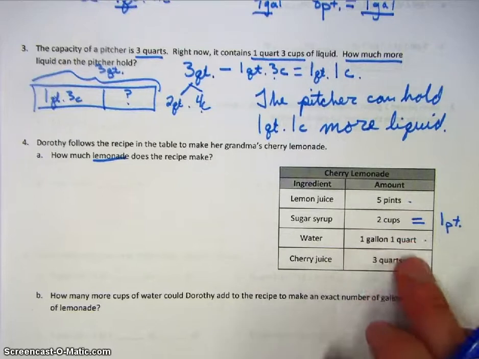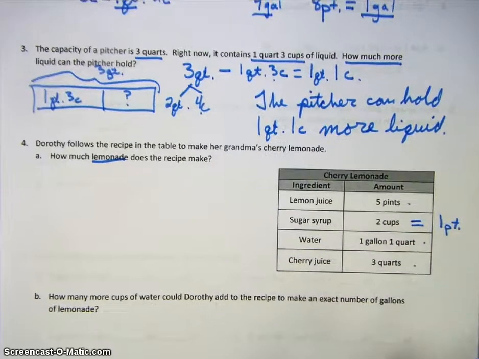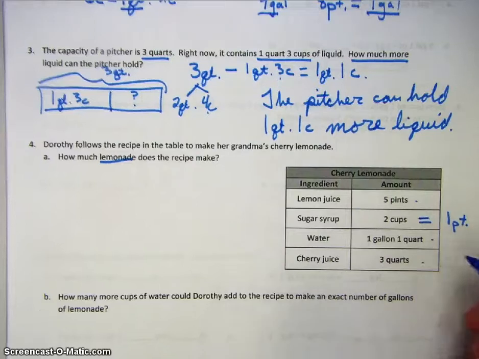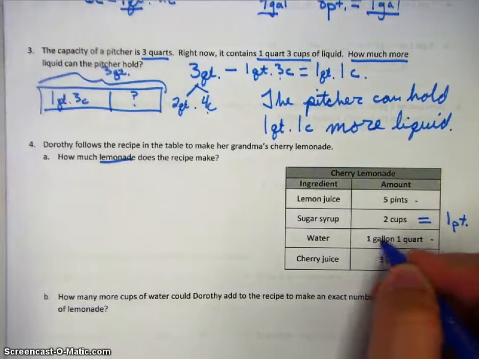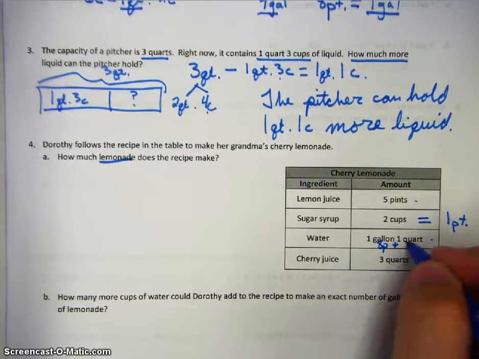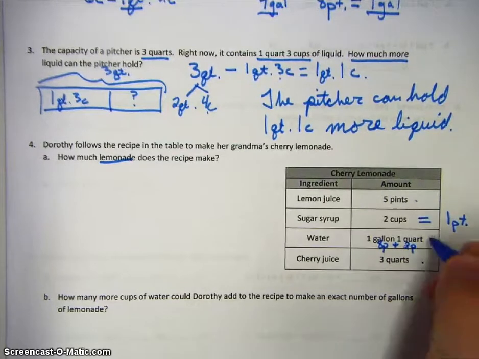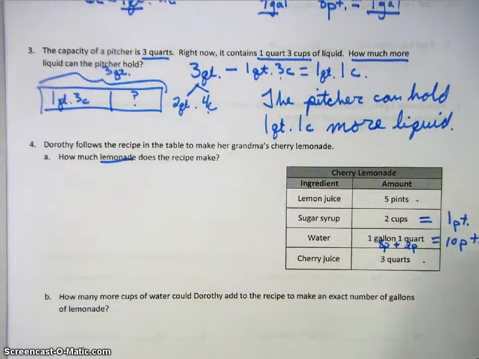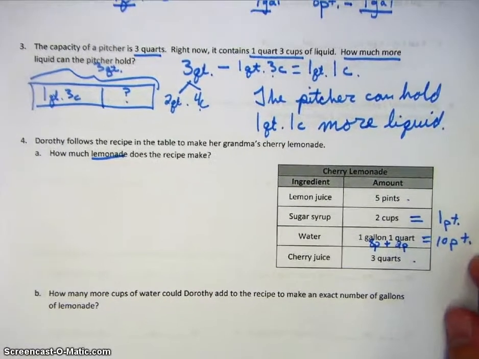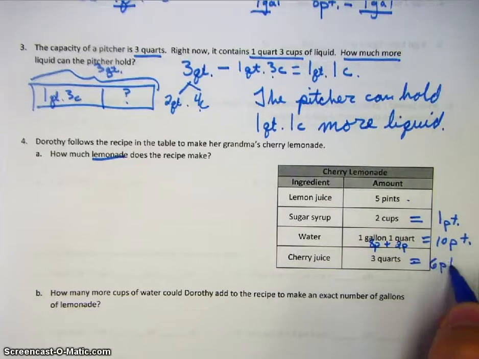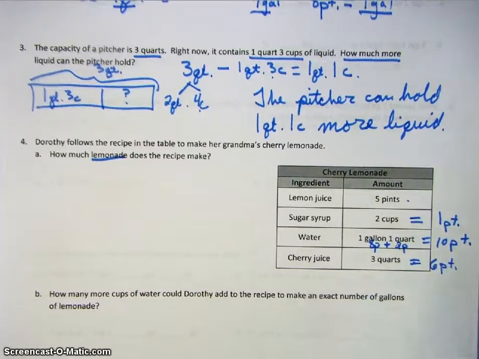So now for water, we know that we need 1 gallon and 1 quart. Okay, well we know that 1 gallon has 8 pints. 1 quart has 2 pints. So that gives us a total of 10 pints. Okay, now 3 quarts gets us 6 pints. Okay. So by converting everything into a smaller unit, it's going to make it easier to now go through and